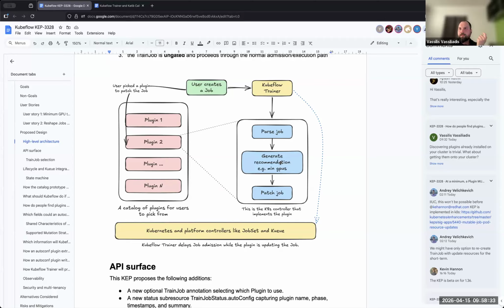I'm assuming if we were to have this kind of agentic approach, actually Andre is probably the best person to answer this question: would it make sense in Kubeflow to have a component that itself is running a model for doing this mapping? Does that even make sense?